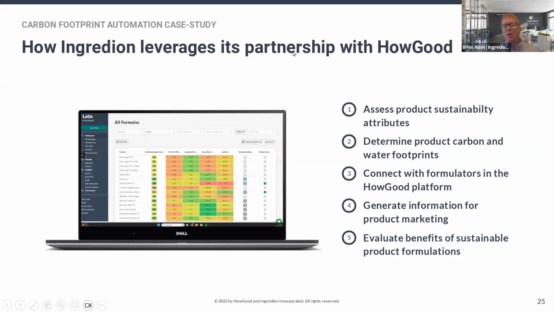And then, we also use it like Joao showed in the demonstration to evaluate the benefits of sustainable product formulations. So I'll say this is an area where there's a lot of complexity, and we maybe gloss over that sometimes. But so, for example, we might have a customer that wants to reduce sugar by going to stevia. And they'll tell us, yeah, we're really interested in how it reduces the carbon footprint. And we can show them that. We've got LCAs on our stevia, but I think there's also some of the hidden